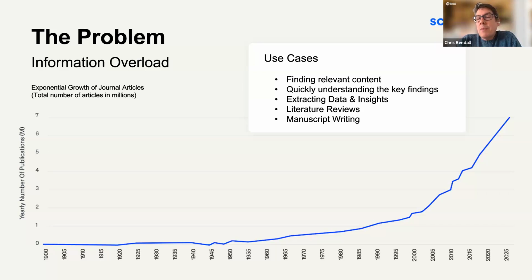But there is a bigger problem behind this. And that's what we're showing here on this plot. So what we are showing from 1900 is the number of journal articles which have been published in millions over this time period per year. And as you see, this has increased a lot over this time period, almost an exponential growth in content,